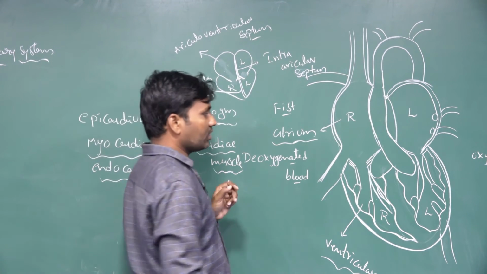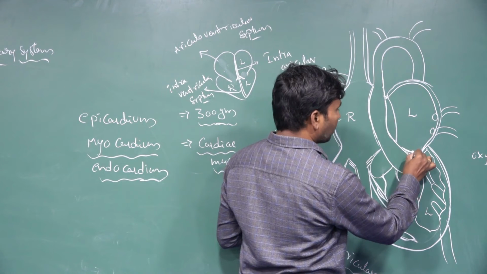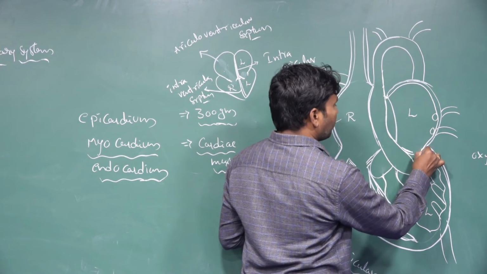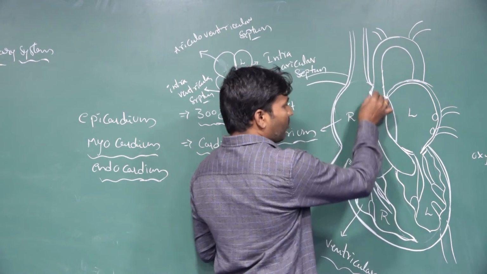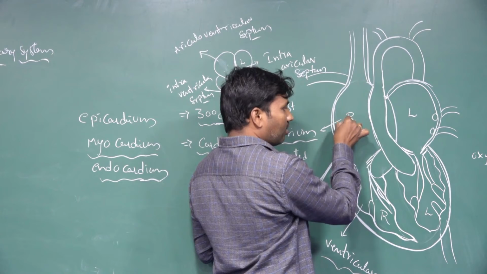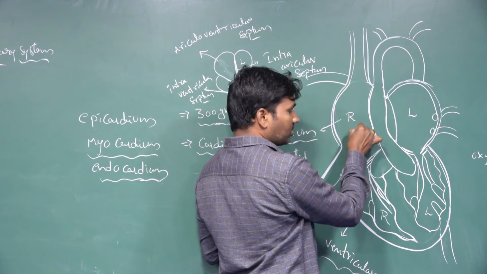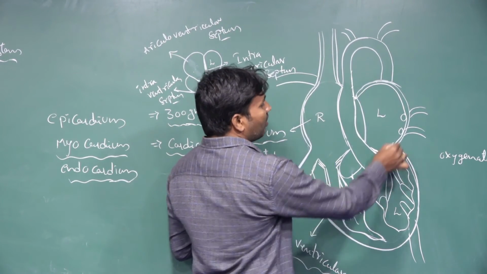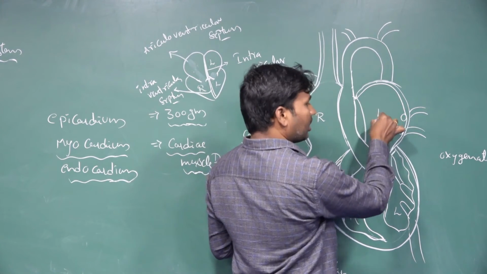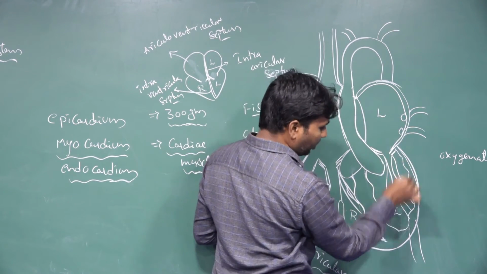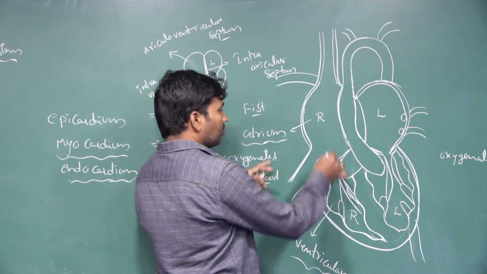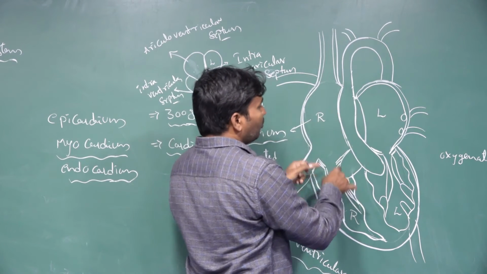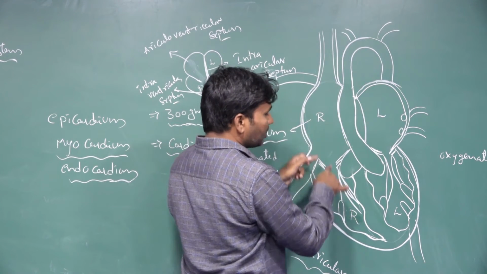These two openings are guarded. These openings are useful whenever the auricles are filled. The right auricle is filled by deoxygenated blood, and the blood enters into the right ventricle. When oxygenated blood fills the left auricle, that blood enters into the left ventricle. So for the blood to pass from the auricles to the ventricles,